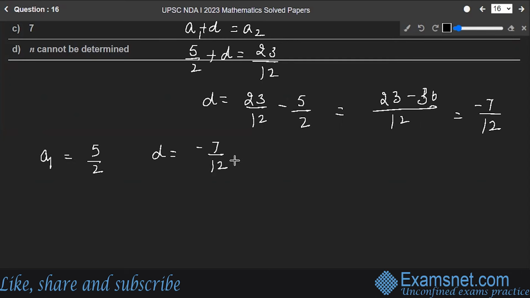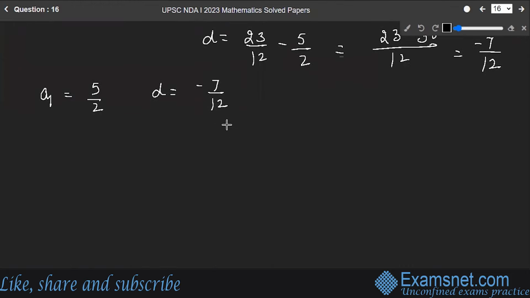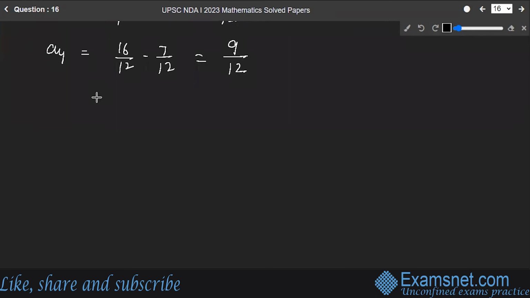So what do you have to find out? The nth term, which is the largest negative number. Okay, so A2 was 23 by 12. A3 will be equal to 23 by 12 minus 7 by 12, that is equal to 16 by 12. So next A4, that is the fourth term, 16 by 12 minus 7 by 12, which is equal to 9 by 12. A5, 9 by 12 minus 7 by 12, that is 2 by 12. And A6 is equal to